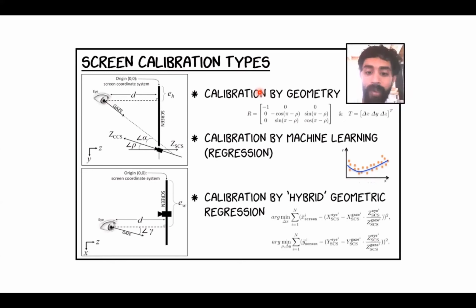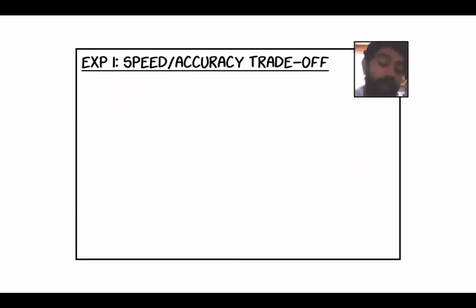Finally, we also try a sort of hybrid geometric regression approach. This approach also involves estimating the rotation and translation matrices that were used in the calibration by geometry method. However, once all the calibration points are collected, we can train a regression model to minimize the reprojection error. This method also imparts a significant amount of prior knowledge into it, as it is aware of the geometric relationships. In addition, it also takes advantage of regression techniques' ability to learn. So this way, it can make use of multiple data points to learn all the missing variables within the rotation and translation matrix.